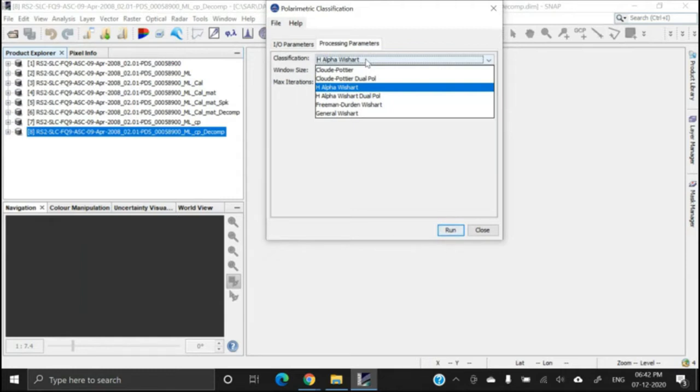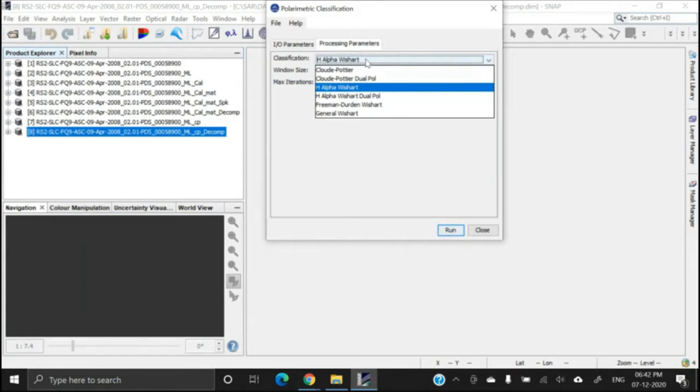See, there is no clear direction that you should use this one. This is rather a trial and error method. We adopt different classification algorithms, and then we go for the accuracy assessment. If we are not satisfied with the accuracy, then we go for a different algorithm, different signature set, etc. So here also different algorithms are there, and we can select any one.